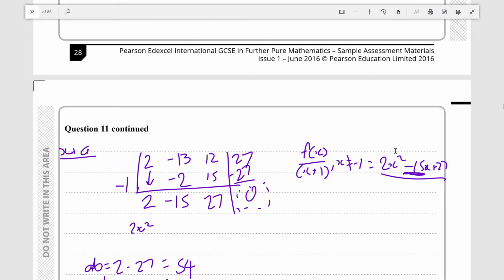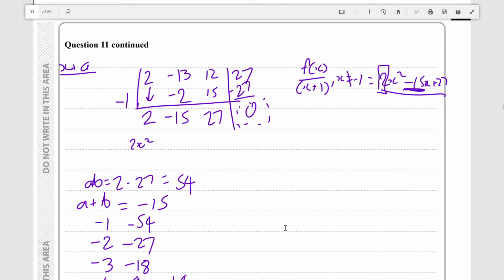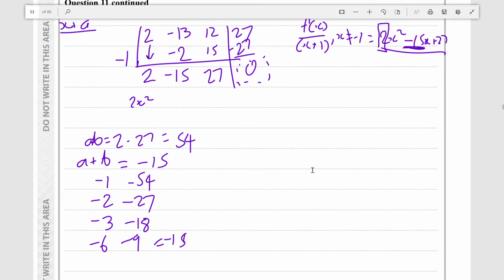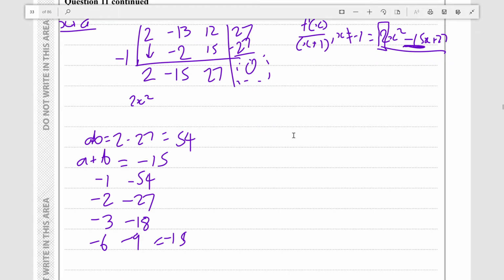And then we need to decide which order we'll write the minus 6x and then the minus 9x. And I think we'll put the minus 6 first because we have a 2 here, and a 2 and a minus 6 share the common factor of 2, which we can factorize out. Truthfully, it wouldn't matter, but it is just much easier to do it this way. So we have 2x squared minus 6x minus 9x plus 27,